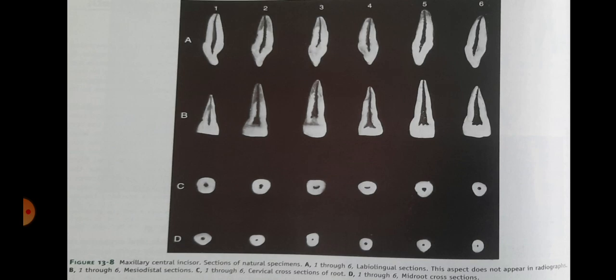The outline form of the root at the cervical level is typically triangular with rounded corners. You can see this in figure 13.8 C5 and 6. It is triangular with rounded corners,